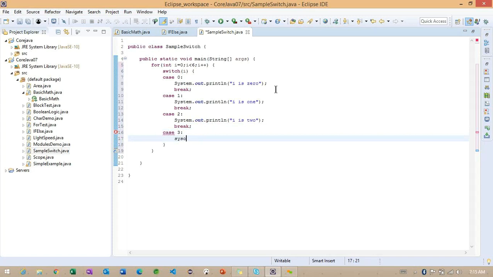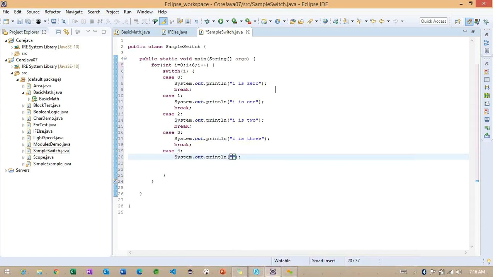Something called case 3. Case 4. The last one I want to provide here.